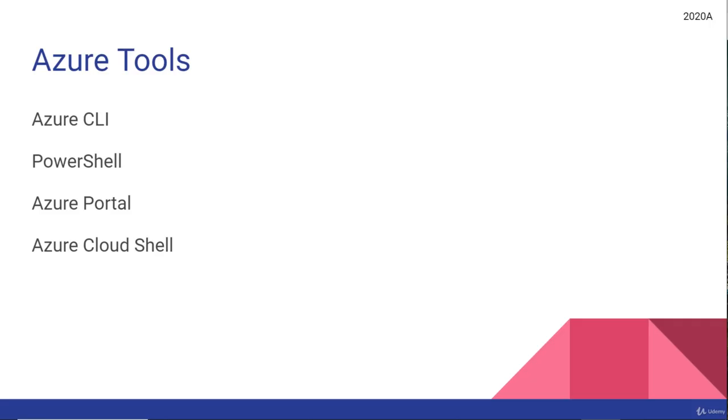The final video in this section is talking about the management tools that we have available to manage our Azure resources. This includes the portal, of course, but also the command line that we use as well. One of the requirements of this exam is that we need to understand how we can manage our resources running inside of Azure. So besides the Azure portal, you have other options that you can use to connect to your resources inside of Azure, start them, stop them, create them, delete them, and have a full range of management capability